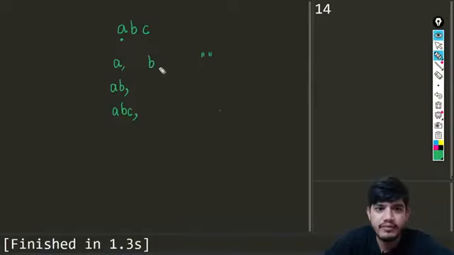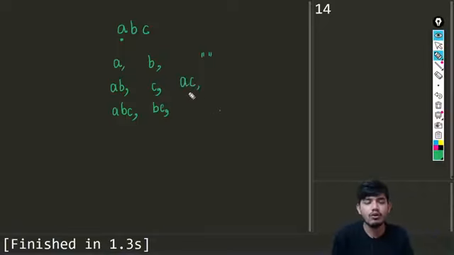Now we have B, we have C. We have A, B, C, AB, BC, and ABC. So 7 are there. One more value will be there, which is AC. So these are the 8 combinations which are possible when we run the code.